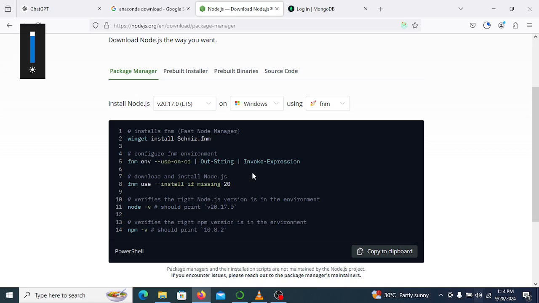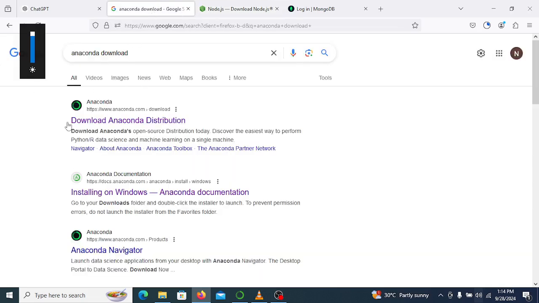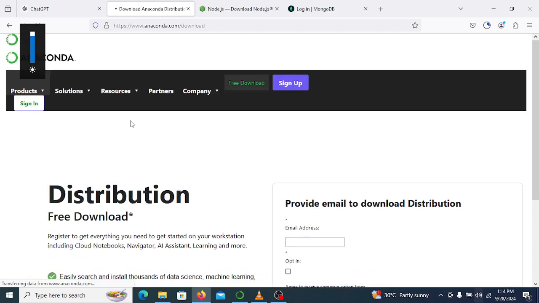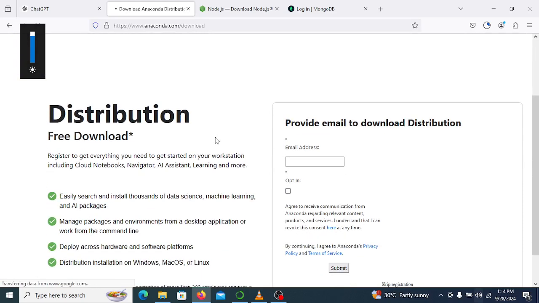To integrate AI into our web servers, we download another package called Anaconda. Anaconda is an open source Python framework used for R programming and Python packages. It's designed for data science and also machine learning, neural networks, and all these learning methods.